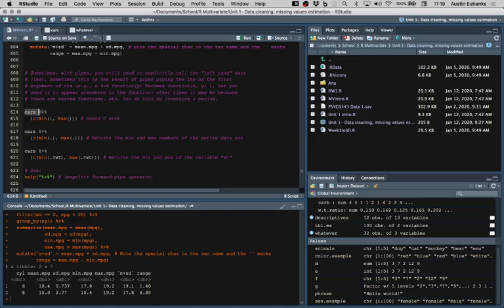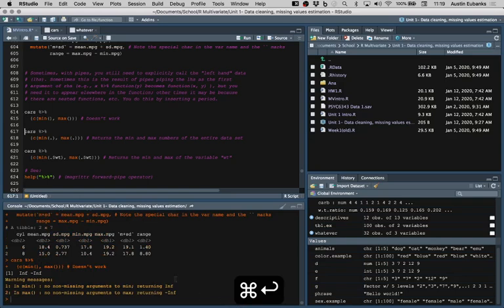So if we have cars here and I just have this function where I just want to concatenate the min and max, and I try to run this, it's not going to work. It doesn't recognize anything. But if I put these periods here, because this is a nested function, there's two functions, min and max, inside my overall function, which is denoted by these curly brackets. And so since I have functions within functions, I need to explicitly call. So if I add these periods, now these functions know, oh, I'm pulling in this piped data. So when I run this,